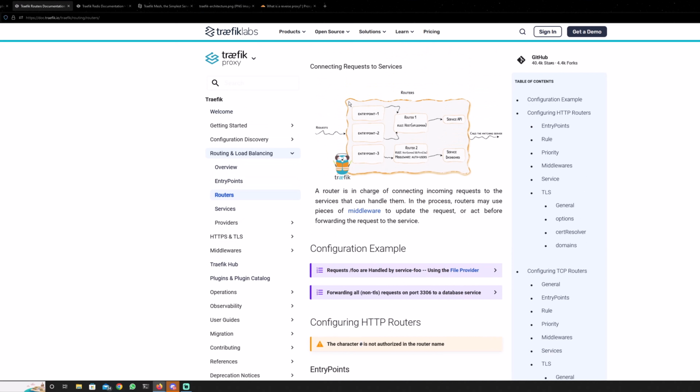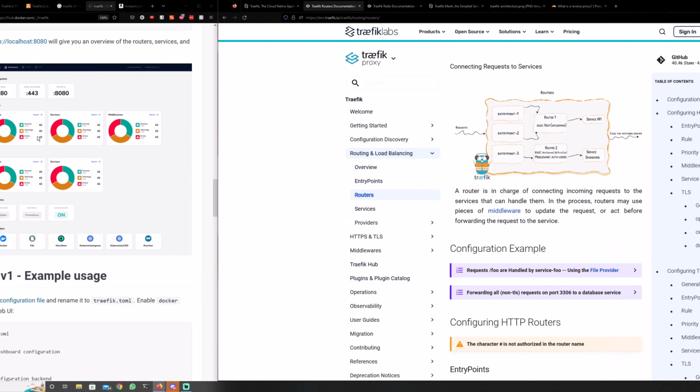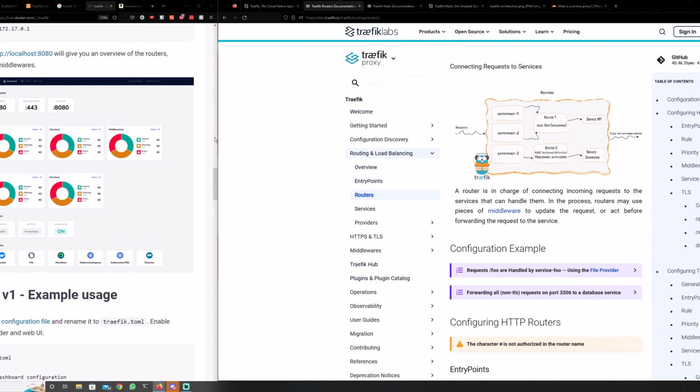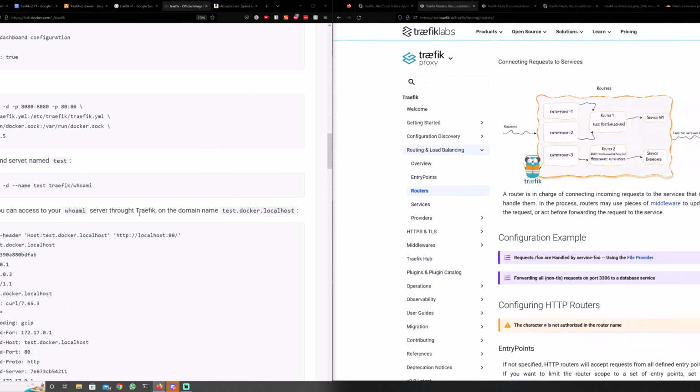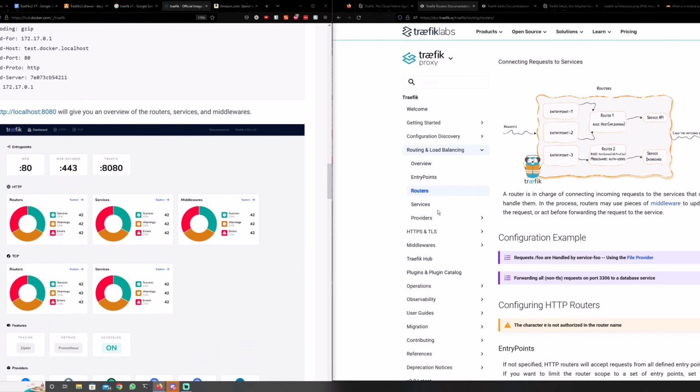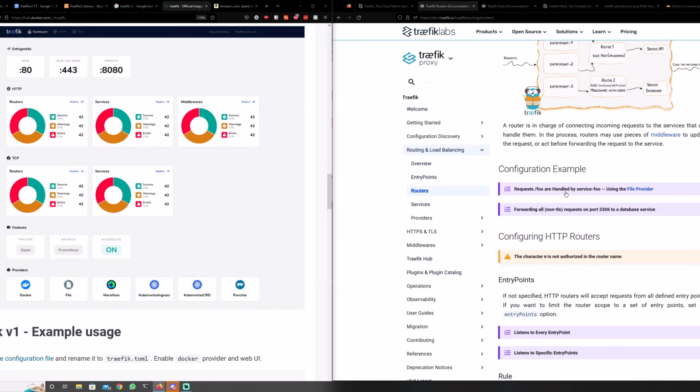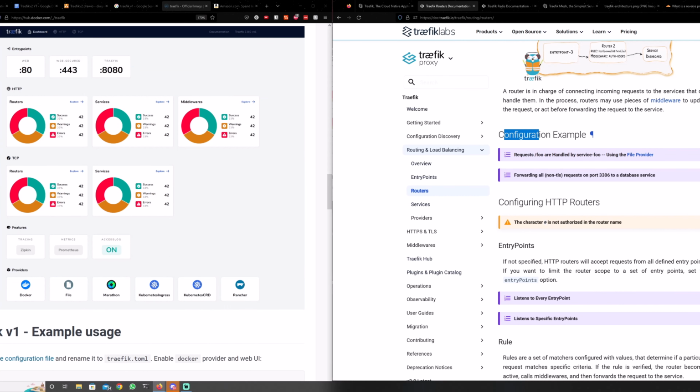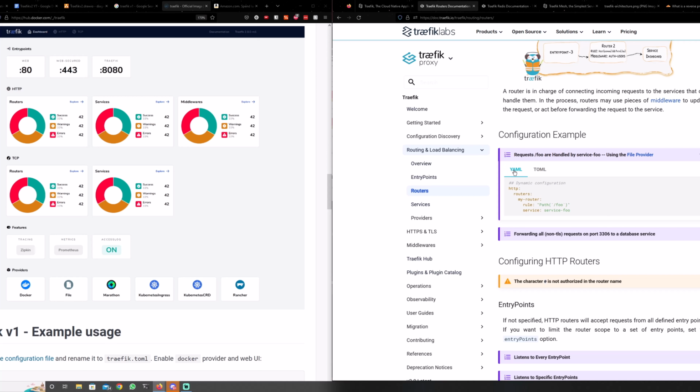So we were here, right? We know now how the request comes. It goes to the entry point of traffic. It goes to port 443. And now we're inside traffic. So here they give an example of how the router looks like. And let's do YAML and use the file provider, since this is, I guess, the old and the traditional way of